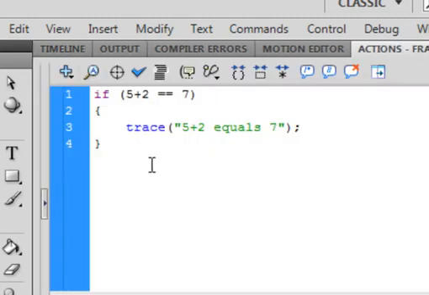Back to the Actions panel. Try another if statement. Put another line there between them. If, open bracket, 2 plus 5 equals 8. This time we're making that as a test. Open curly bracket. My result, I'm saying